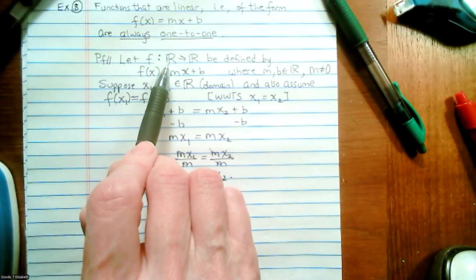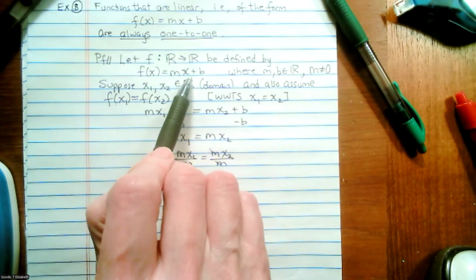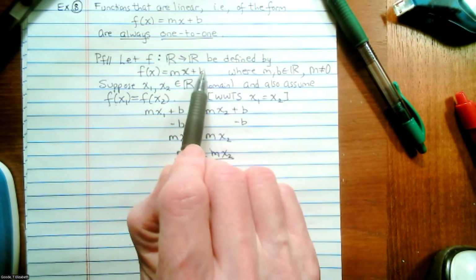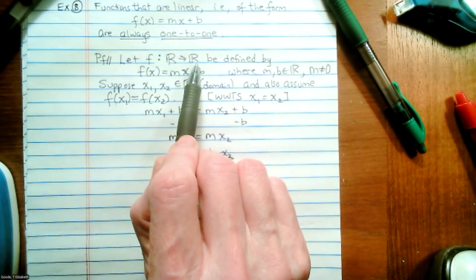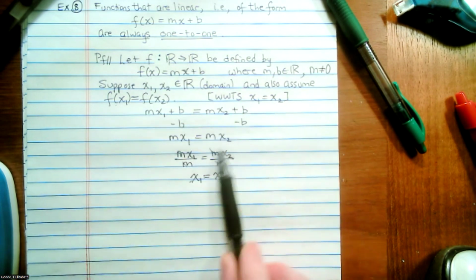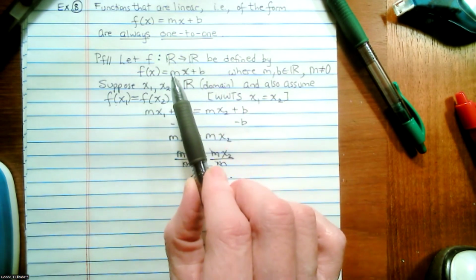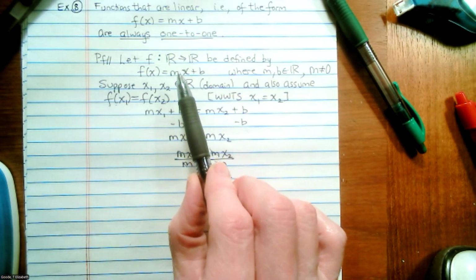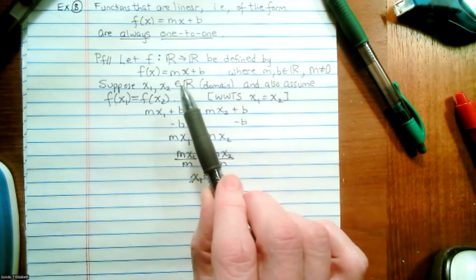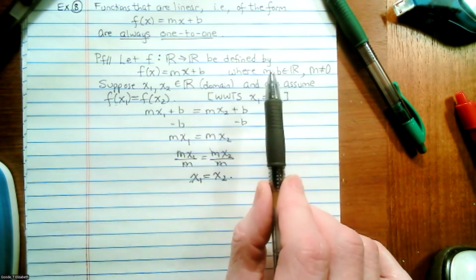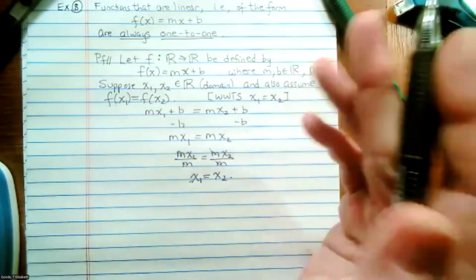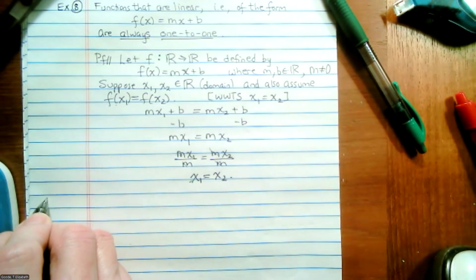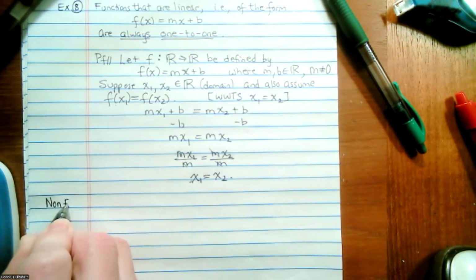So even if the domain for x is Z, and m and b are integers, so that the codomain is also Z, we can still perform these operations, because just because m is in Z doesn't mean that we can only perform integer operations. We can allow ourselves to perform the operations in the larger set, which is the reals. I don't want to get too deep into those weeds, but let's just look at a non-example